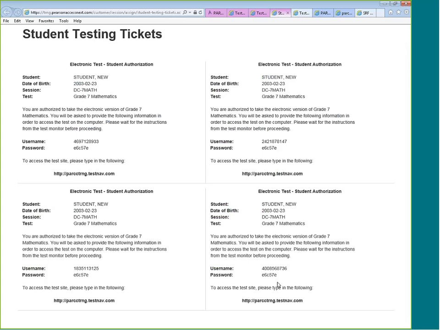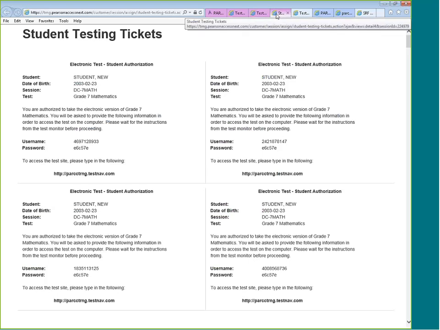So with the explanation, that took 6 minutes to go through, but that's all the prep work it takes. I could have 99 students log in across a number of labs right now into the 7th grade math test and actually begin testing.